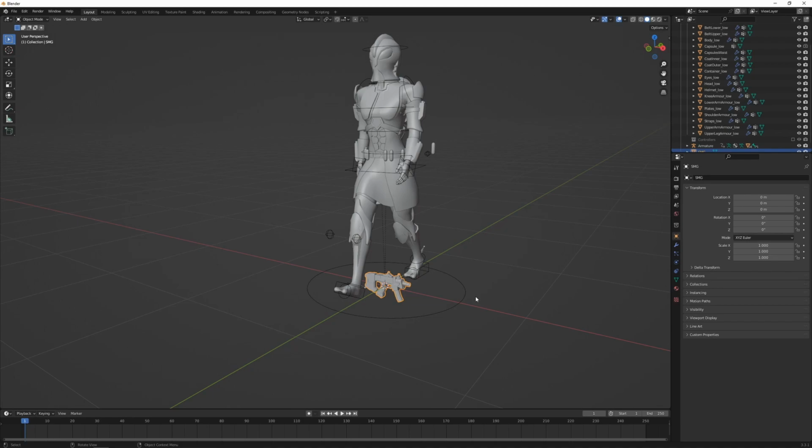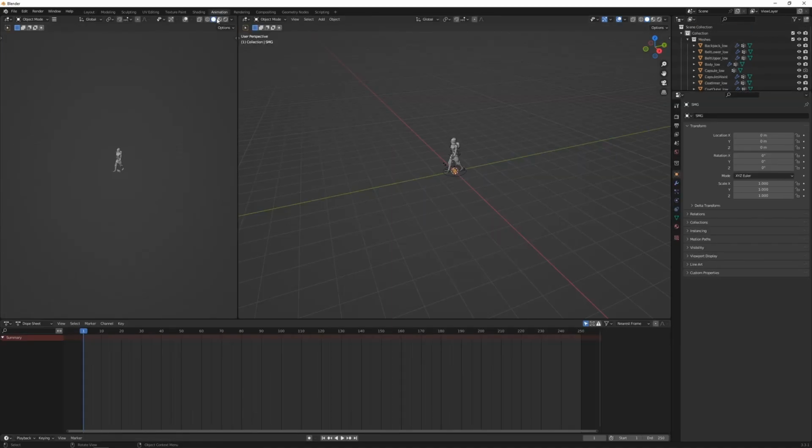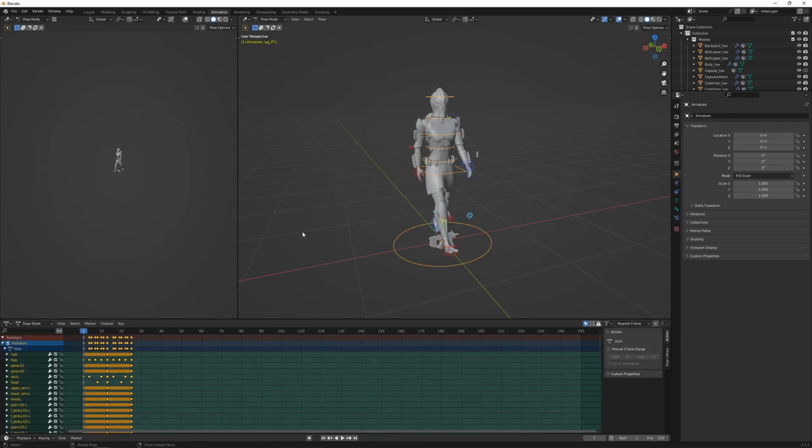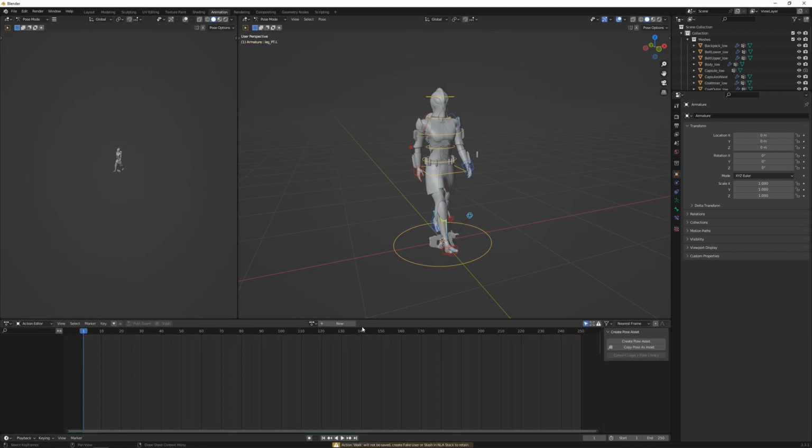So I want to create a pose for my character for the final render. So I'm going to go to the Animation tab here. I'm going to select the rig, Control Tab, and just select it, change my dope sheet to the action editor, unlink the walk there. Can then go Alt R, Alt G to reset my character's rotation and location. Then going to go back to my layout tab,